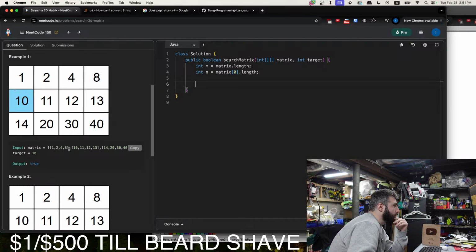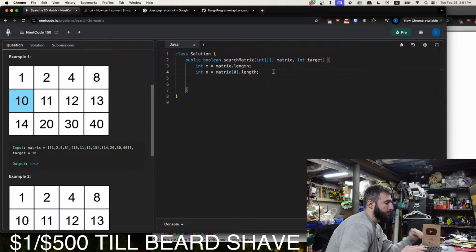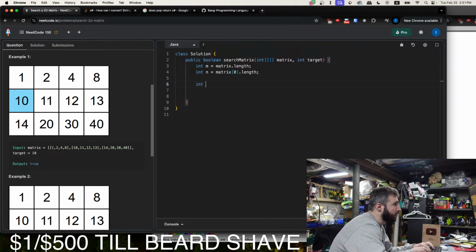Okay, and then we could get the total size. Int total length equals m times n.